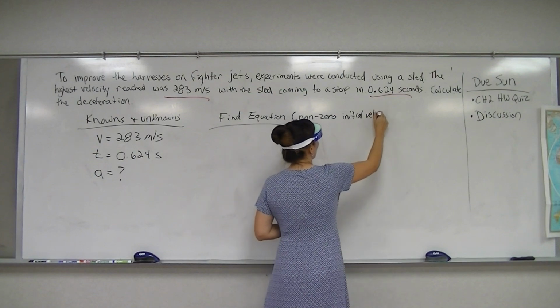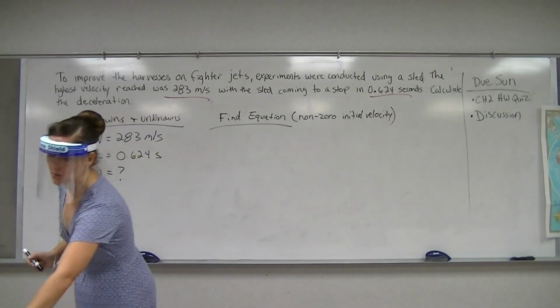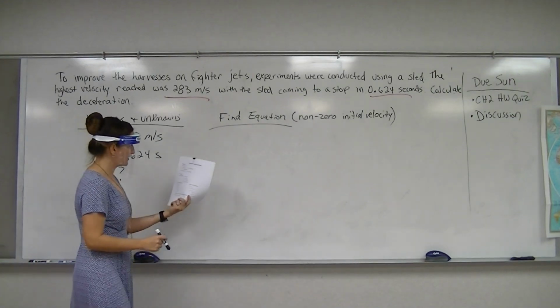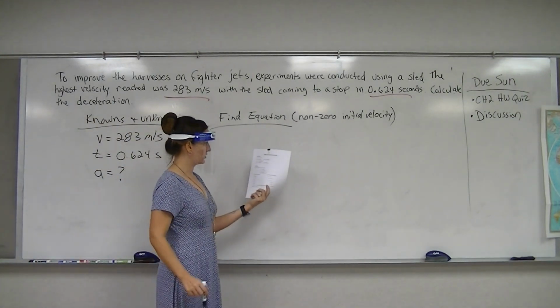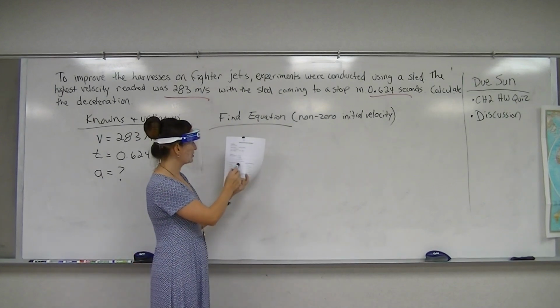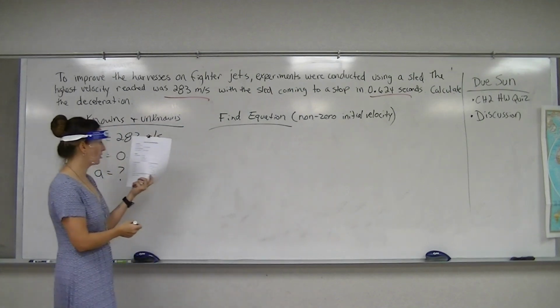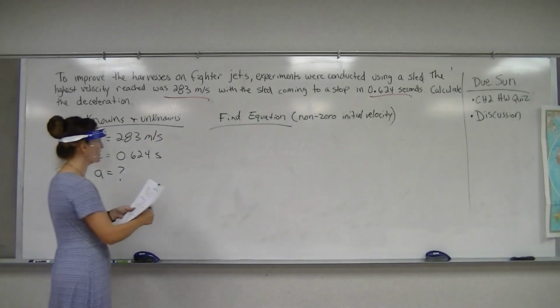So why does this help me? Because it shows me on my equation sheet where to look. If you look at your equation sheet, I've got it separated into different types of equations. I have vector problems, which we haven't covered yet. And then I have zero initial velocity and non-zero. So now you know what column to look in for the appropriate equation. So the equations that we're looking at